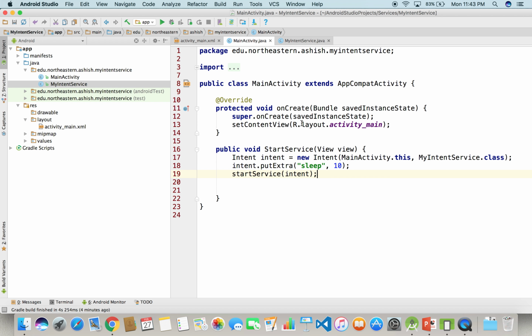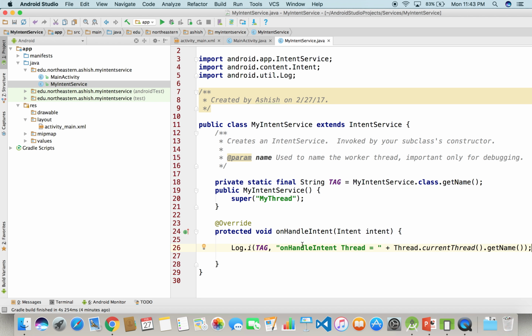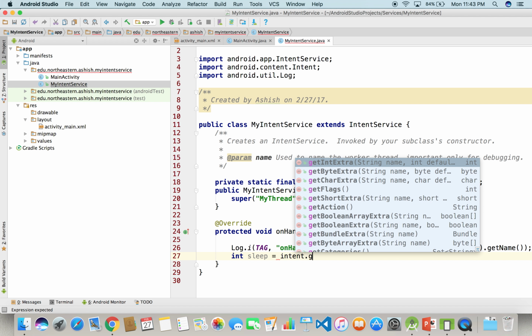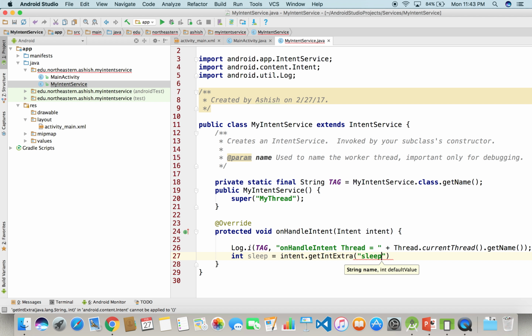So we are sending an intent to our my intent service. Over here, this is the intent, so we'll get the value out of it. So int sleep is equal to intent dot get int extra, sleep comma default value, let's say, is 1. Okay, so now what we want to do is int counter is equal to 0, and while counter is less than sleep,